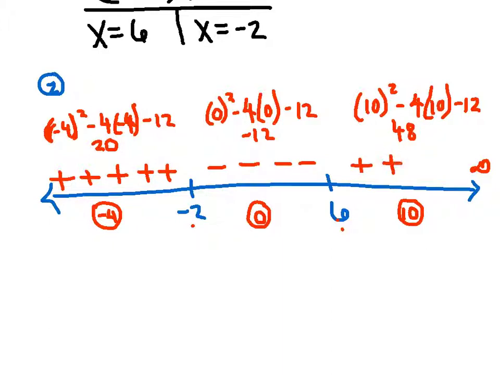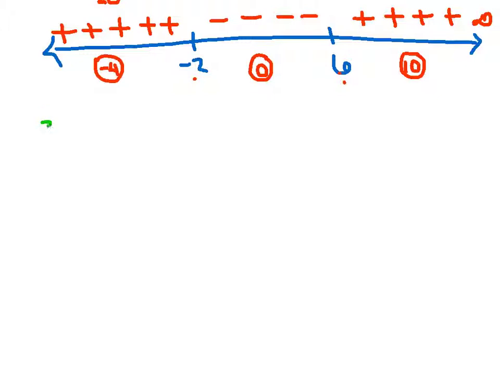Focus being on the fact that we got a positive answer. At this point, we've finished our sign chart, and we're going to move on to our third and final step. Our third step says we need to identify our answer in two ways. First of all, graphically. We're just going to reconstruct a number line,